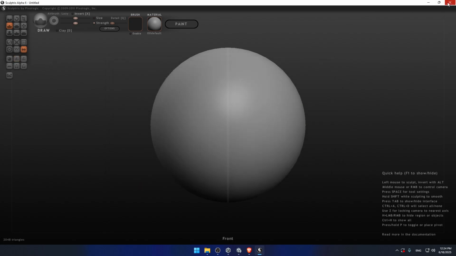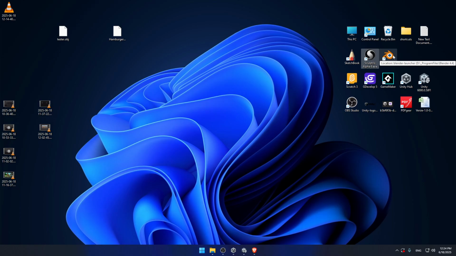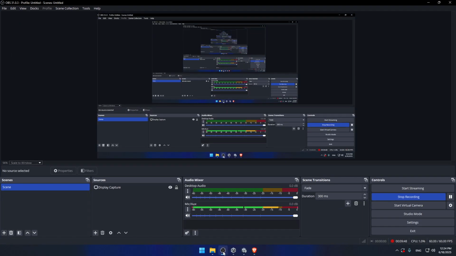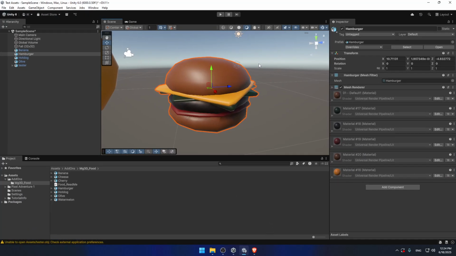So by default I'm already in trouble, because I cannot open FBX in Blender and I cannot open it in Sculptris. So I'm going to stop here. Yeah, 10 minutes. The whole idea here was to show you how easy it is